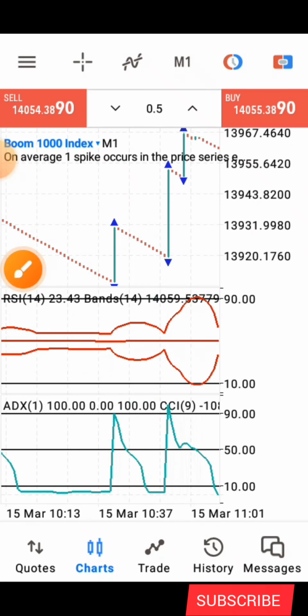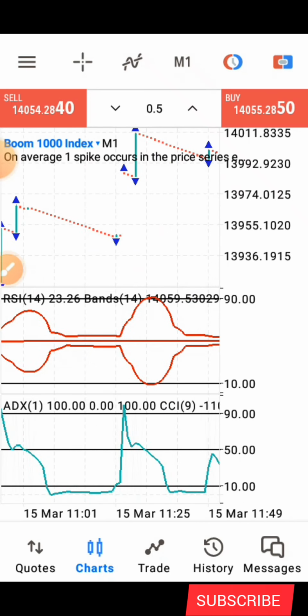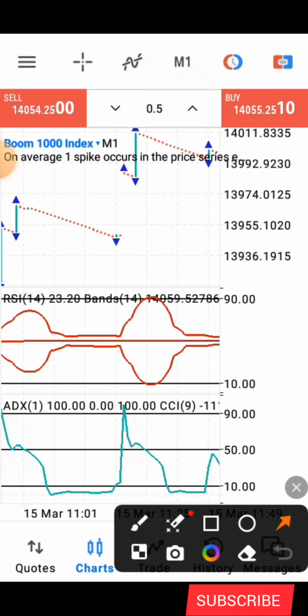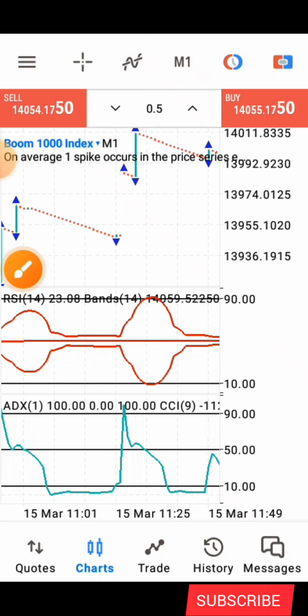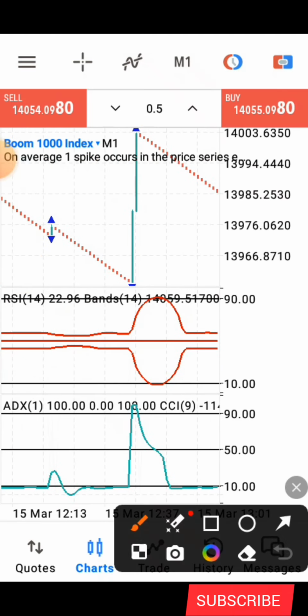All right, now here is another entry also. Then here is another entry again. You can see here is another entry. Look at the expansion, the final confirmation, you take your entry with that. All right, now you can see here again,